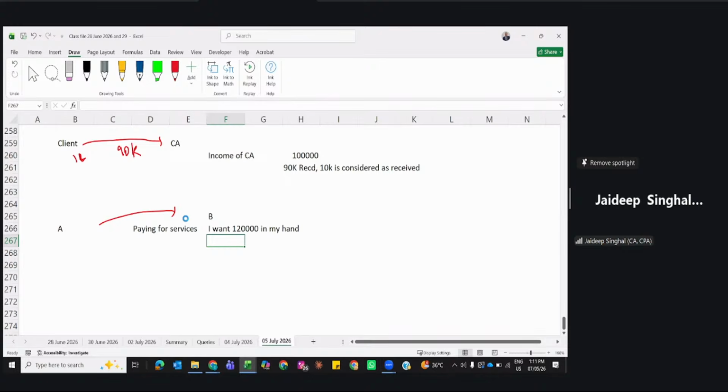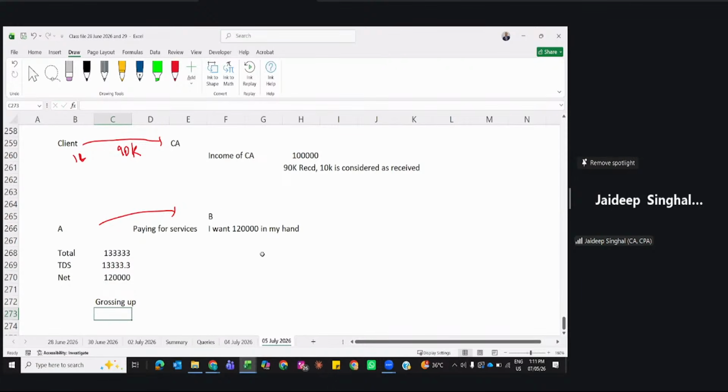If B wants 1,20,000 in hand, can I say that is equivalent to the 90% portion if the TDS rate is 10%? So what Mr. A will show is the total amount; from this, the 10% TDS is deducted and the net paid is this much. So Mr. A needs to do the grossing up. This is the total, this is the TDS, this is the net. So Mr. A is grossing up for the taxes here.